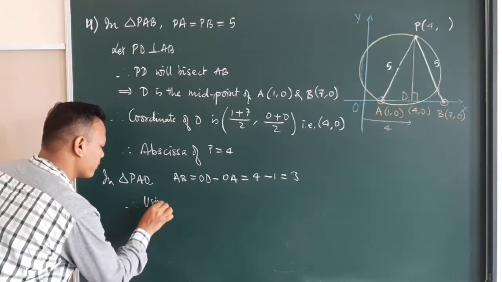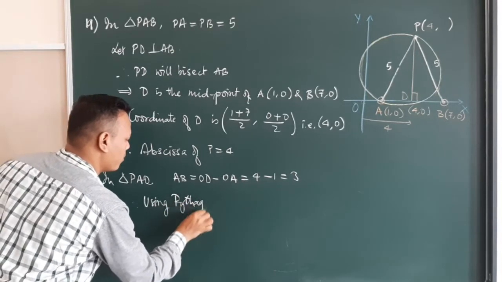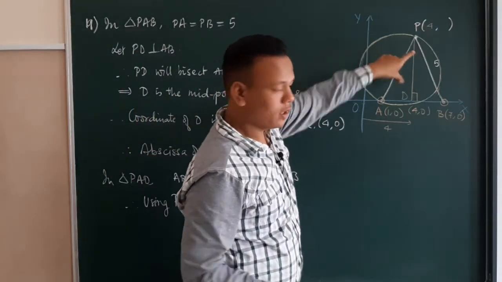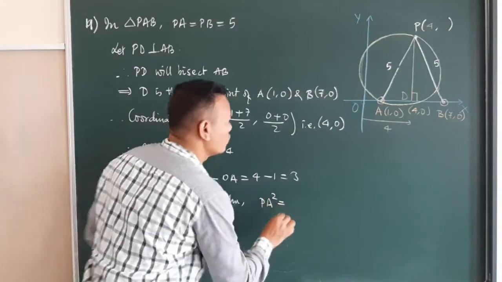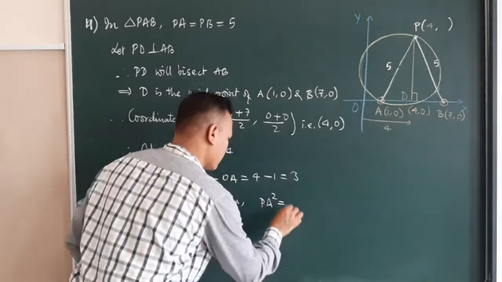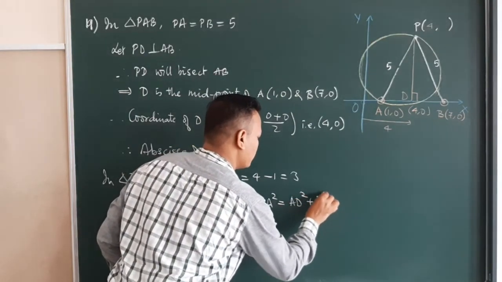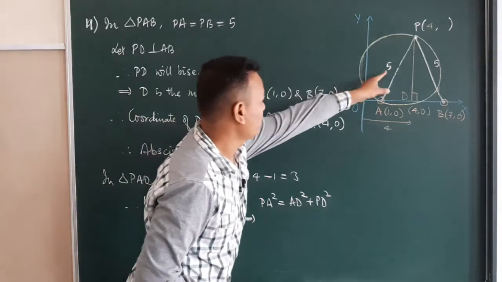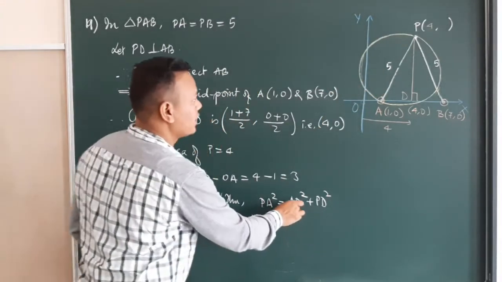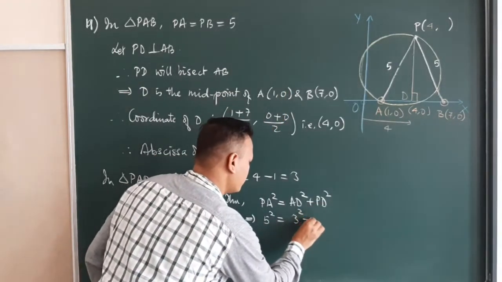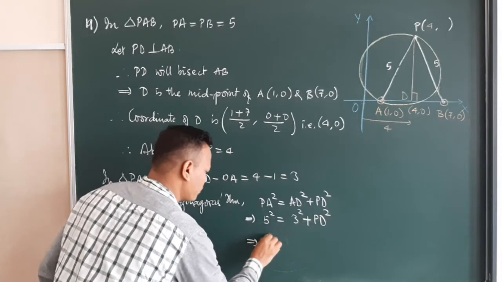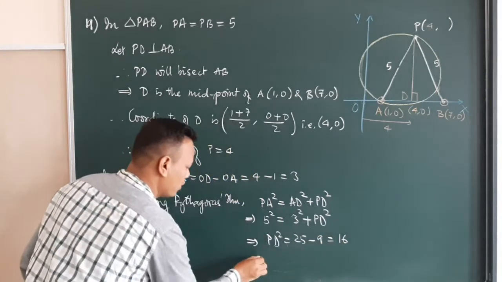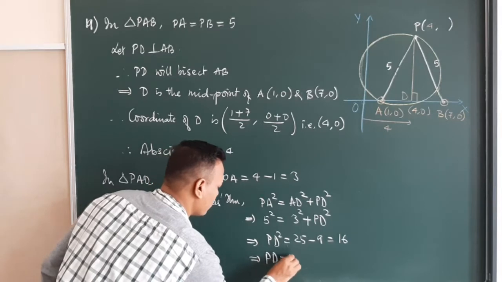Therefore, using Pythagoras Theorem, so let's use Pythagoras Theorem out here. So we have PA square as hypotenuse. So PA square will be equal to AD square plus PD square. Now from here, let's find the value of PD. PA is given to be 5. So 5 square equals AD, which is given to be 3, so 3 square plus PD square. So from here, PD square will be equal to 25 minus 9, which is 16. So PD turns out to be square root of 16, which is